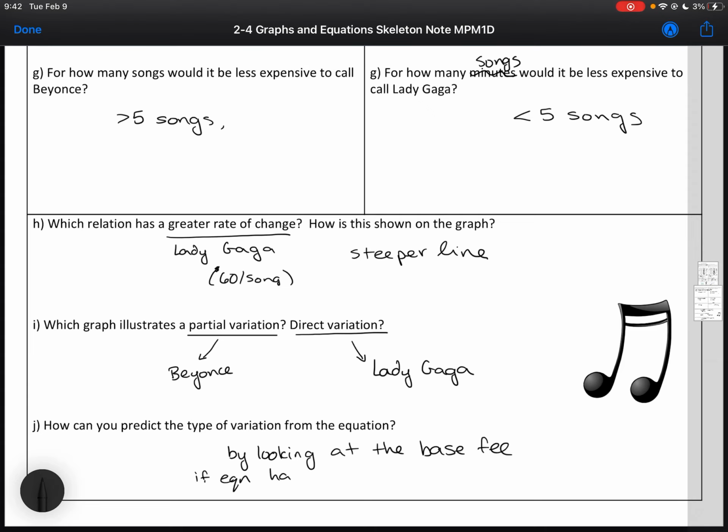So if the equation has a base fee, it must be a partial variation because that's going to push it up the axis. So that's a real-world example of turning our relation into an equation and a graph and performing